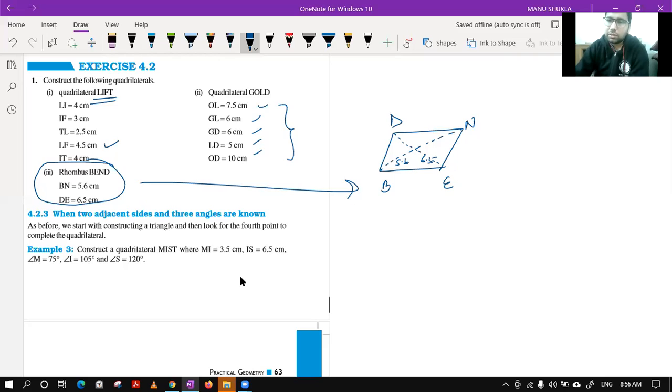Class, now we are stuck. We don't have any side with us. Now, what should we do? We have only 2 diagonals with us. We require at least 3 sides and 2 diagonals. We don't even have one side in this case. How can we find that? Please help. Class, anyone? How can we find the sides in this case? Please tell.